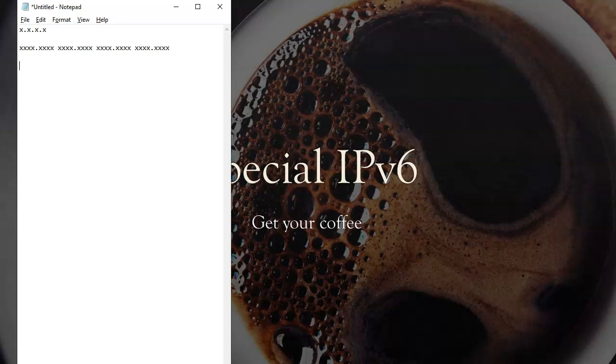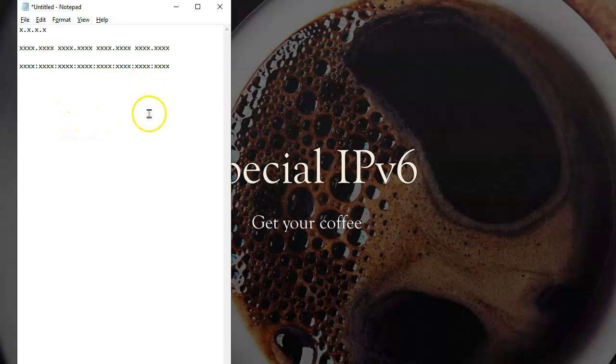We do it in terms of there's 64 bits, and then here's our other 64 bits. So we have essentially 128 bits of addresses, and that's the way our address is formatted.